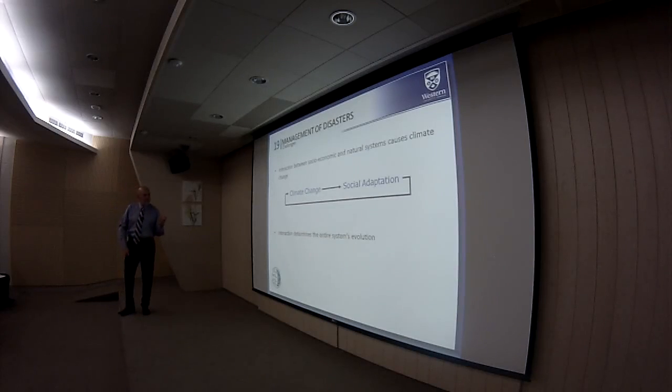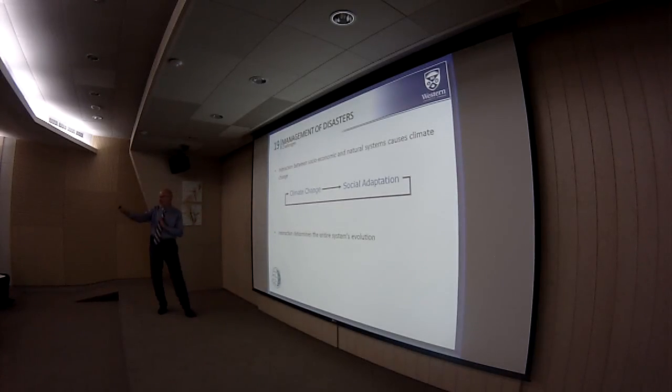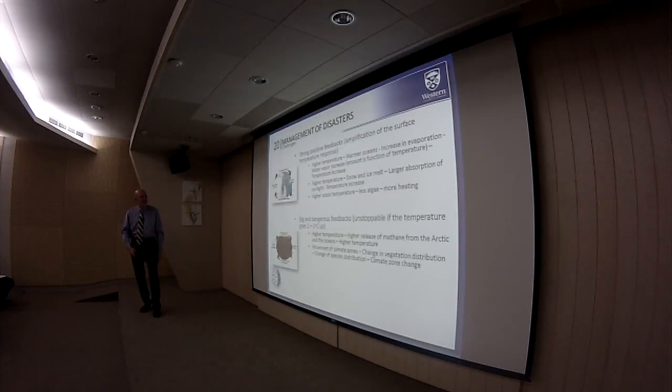So we have this interaction between the natural systems that are causing the climate change and our response, or the social adaptation, and that is a very large-scale feedback relationship that drives many activities within that circle. The interaction between the physical system, or the climate change, and the social systems, or the social adaptation, determines the entire state of the system and the evolution of the system, and that's what is putting us into the middle of this question of climate change and its potential impacts.